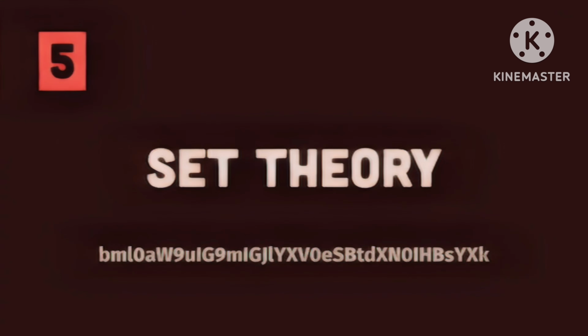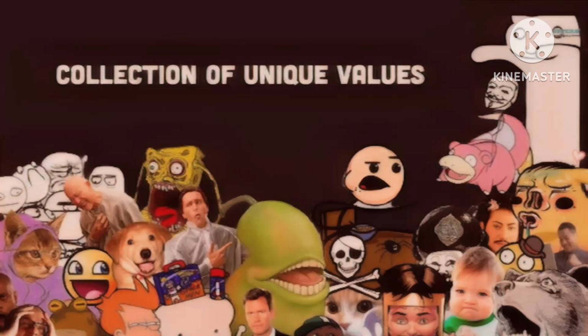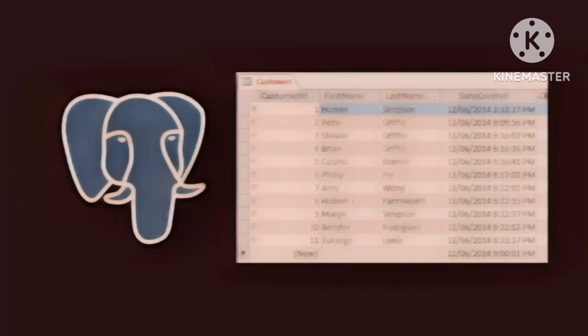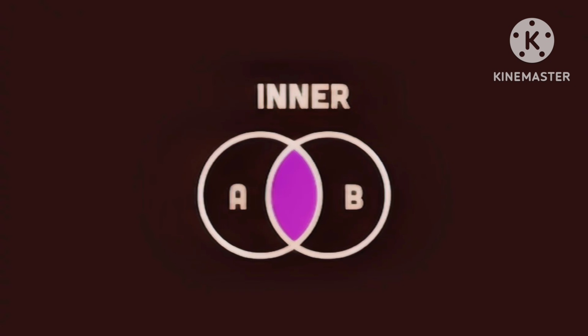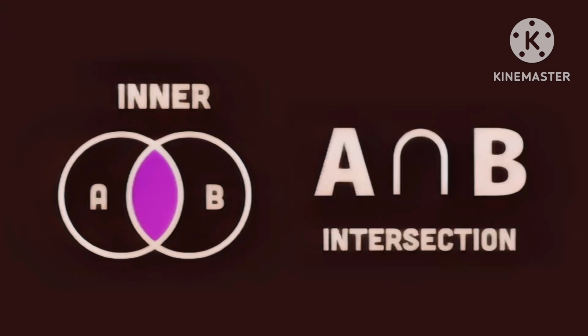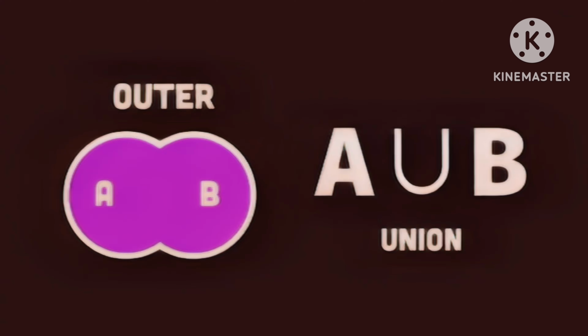That'll come in handy, but now let's shift gears to set theory. A set is just an unordered collection of unique values. The best example is a relational database where each table is a set of unique rows. These tables can be joined together in a variety of different ways based on set theory. Like to select records that match on both tables, you do an inner join, which is called an intersection in set theory. Or to grab all matching records from both tables, you do a full outer join, which is a